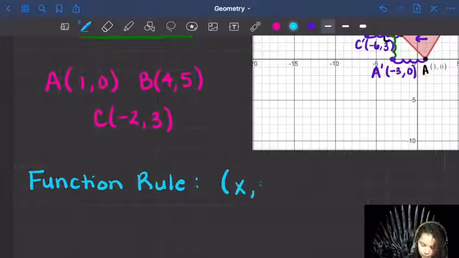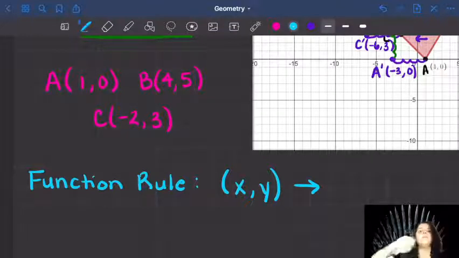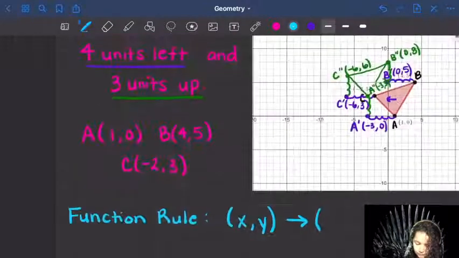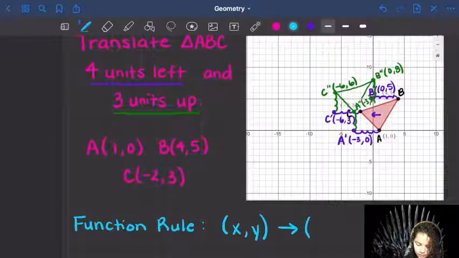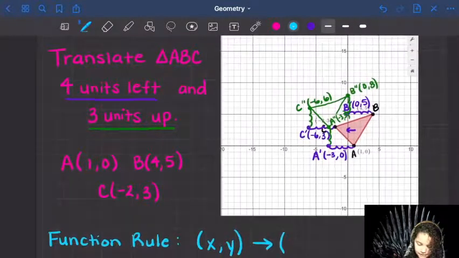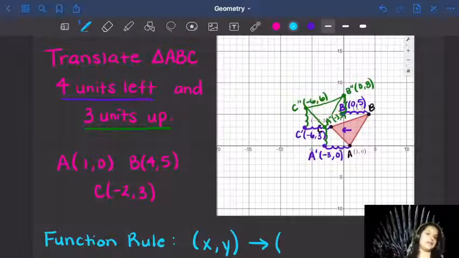And a function rule usually looks something like x, y, and that arrow is you signifying, okay, this point x, y becomes whatever it is that the transformation says to do, okay? So let's take a look at this one specifically. In this specific example, I have to go 4 units to the left, and I also have to go 3 units up. And this is when remembering what I mentioned about the coordinate grid is extremely, extremely important,